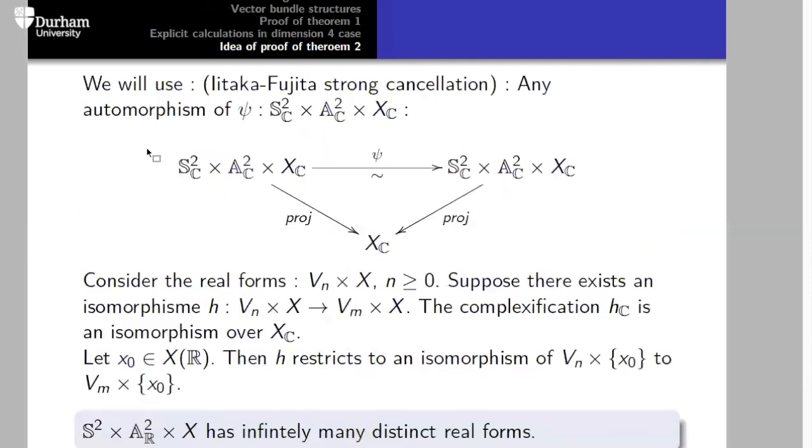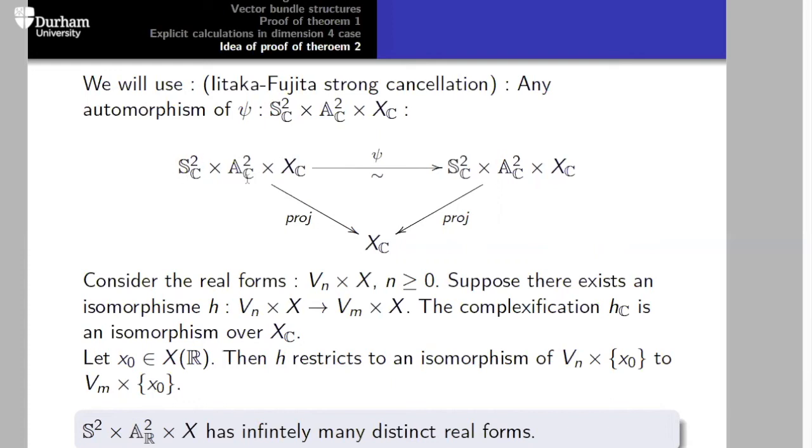To prove this, we will use this special form of X. It has no automorphisms, and the automorphisms of the product are not going to get mixed up between the S2, A2, and XC. In other words, the strong cancellation theorem of Iitaka and Fujita says that if I have an automorphism of this space,